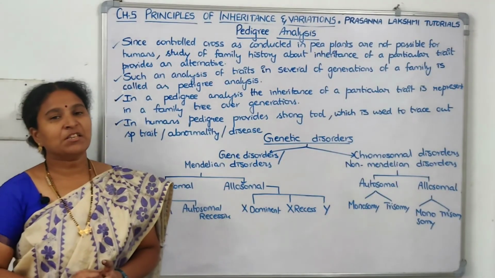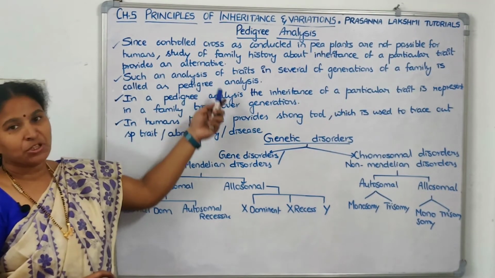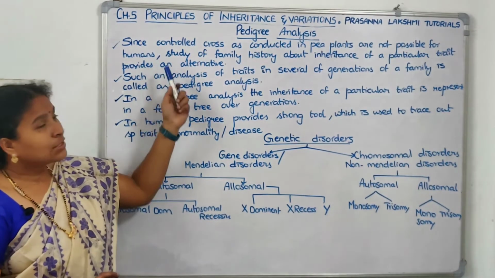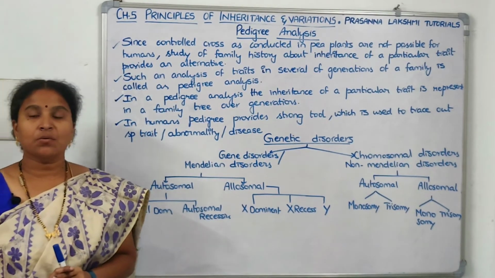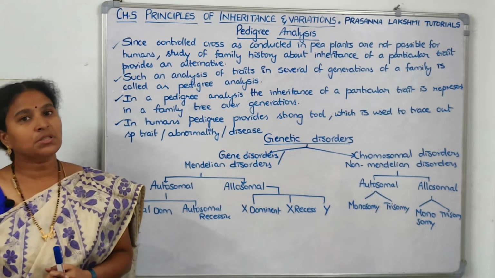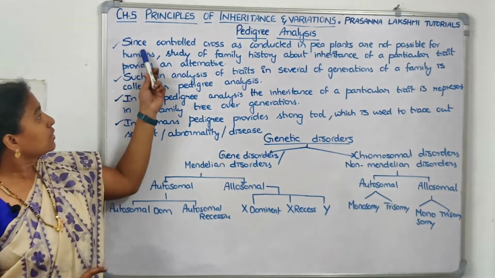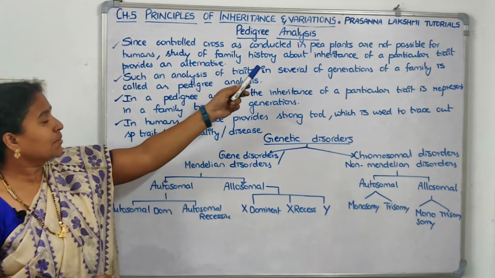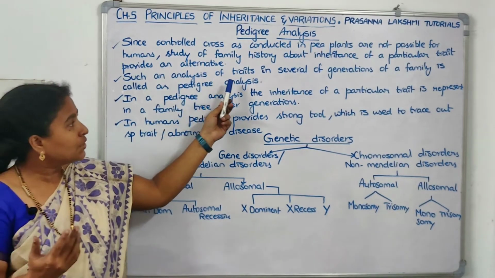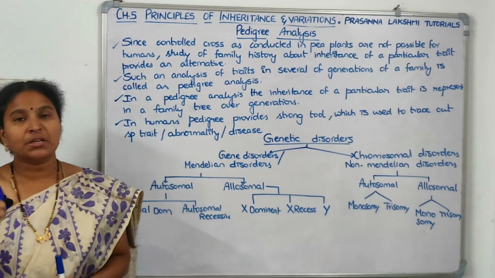We have seen the symbols of the pedigree chart. Now let us see the information about the pedigree chart, what they have mentioned in the NCERT textbook. Now, as I told you, controlled crosses we can do in pea plants. Mendel has done it. But controlled crosses in humans are not possible, right? So, since controlled crosses as conducted in pea plants are not possible for humans, the study of family history about the inheritance of a particular trait